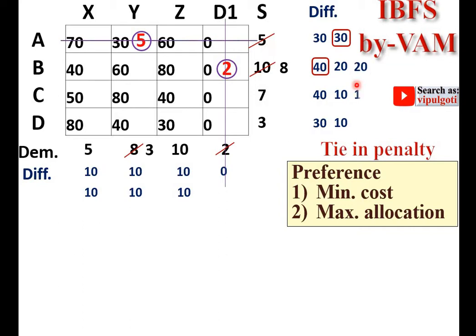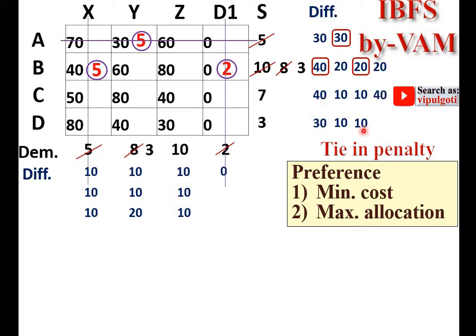Now once again find the difference for the remaining rows and columns. Select the greatest penalty. So here it is a tie. So you can select based on this criteria. So here this is the greatest penalty, and this is your corresponding minimum transportation cost. Select the minimum value from the corresponding supply and demand. So I can allocate 5, modify the supply and demand. So it will be cancelled.